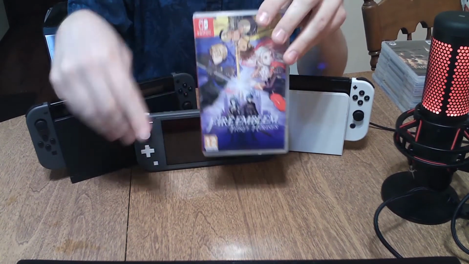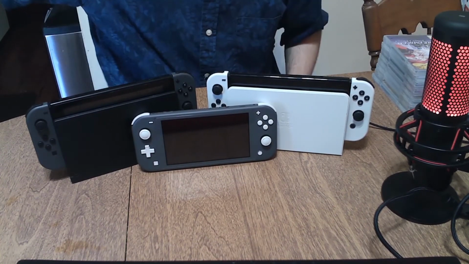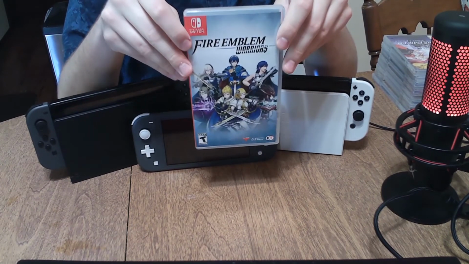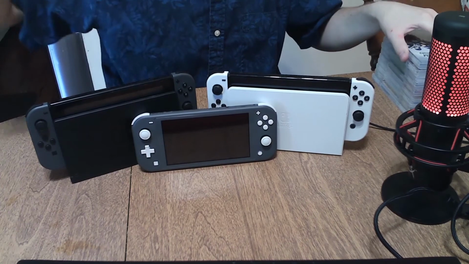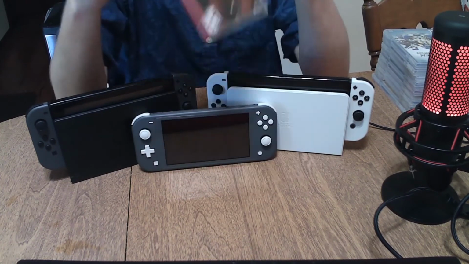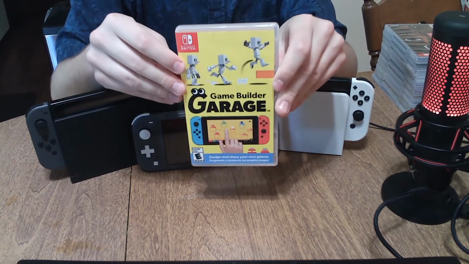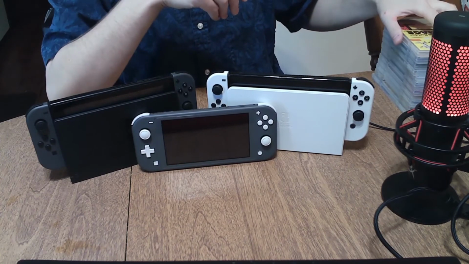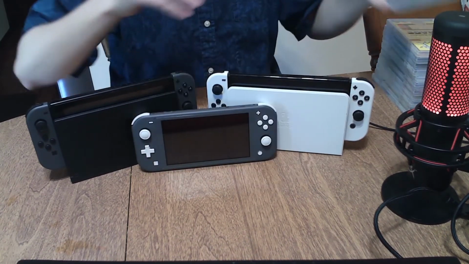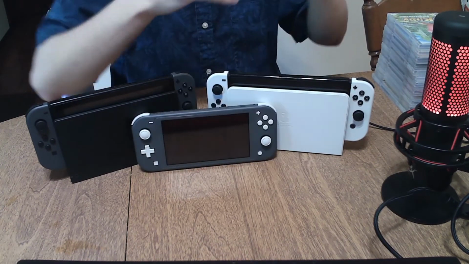Fire Emblem Three Houses. Notice the PEGI rating again, which means that this console is also region free. Fantastic new addition to all major consoles. Fire Emblem Warriors, the Five Nights at Freddy's Core Collection, Game Builder Garage, Kirby and the Forgotten Land, Kirby Star Allies,